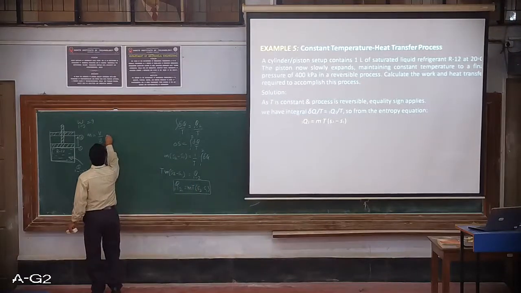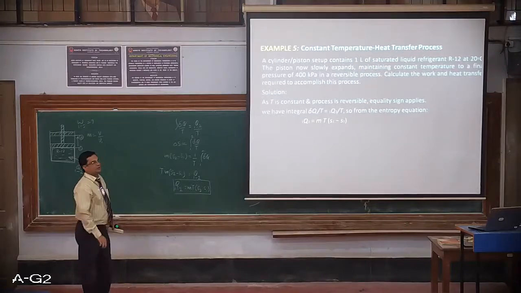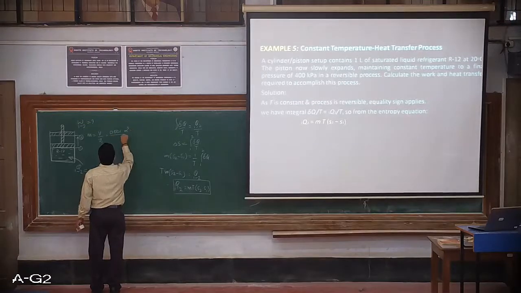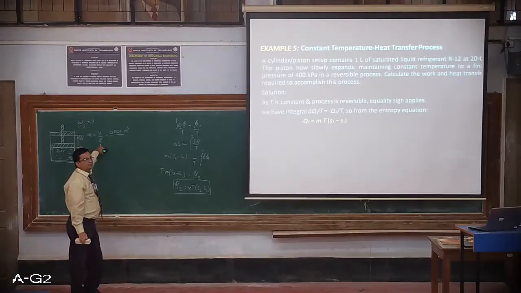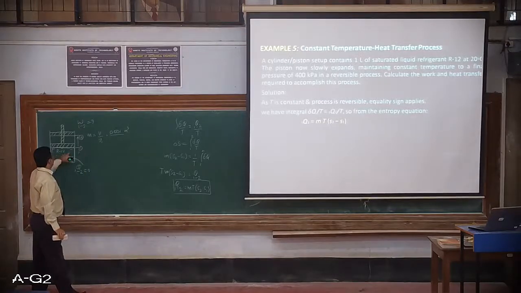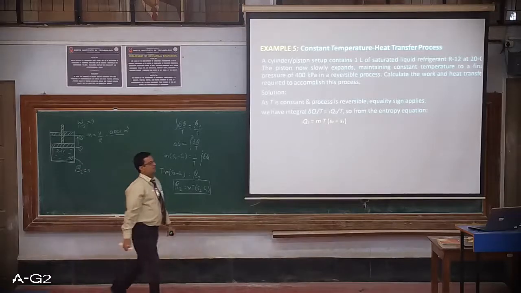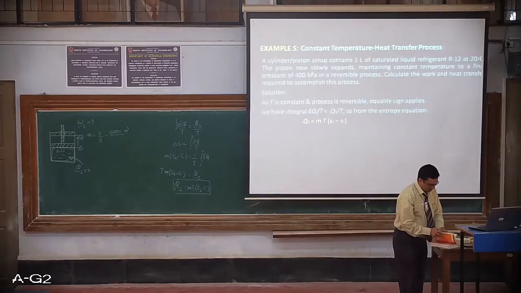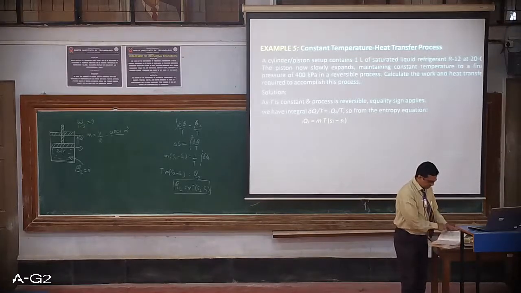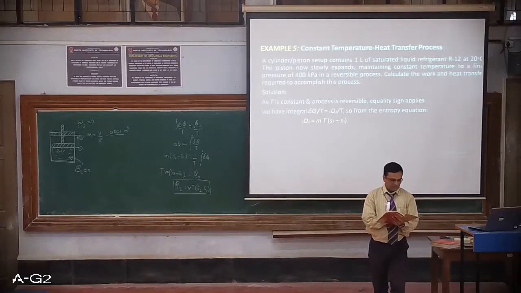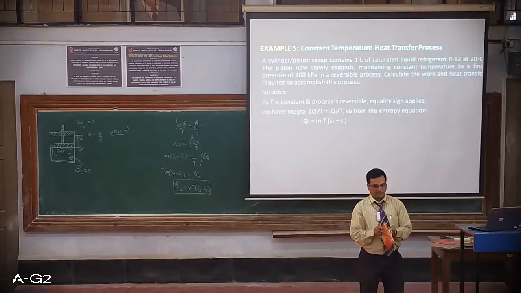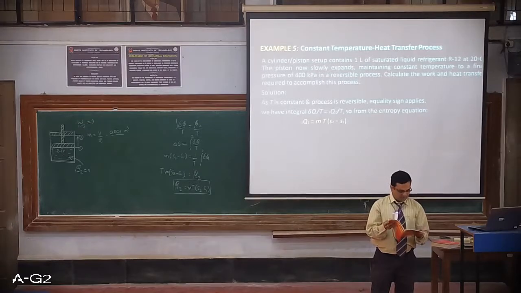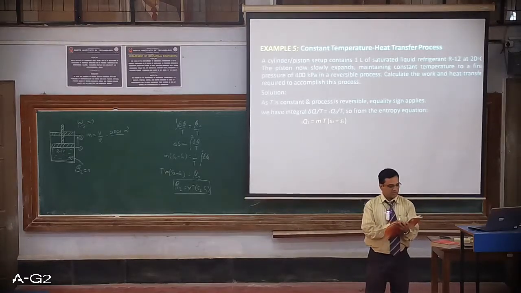So now volume is given as 1 liter. Let me convert that 1 liter into the standard unit, that is 0.001 cubic meter, divided by the specific volume of R12 at the given initial condition, that is temperature 1. So we need to go to the property tables. From the property table, refrigerant R12, page numbers 34 and 35. So moving to 34, for R12 at a temperature of 20 degrees Celsius, you need to find the specific volume.